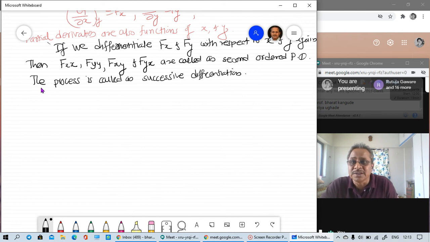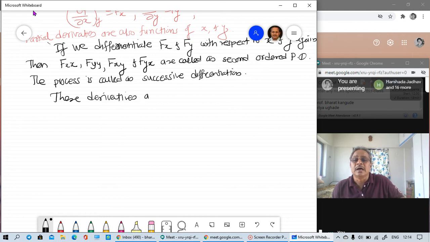So third order differentiation is possible. If this third order differentiation available is again a function of x and y independent variables, that again can be differentiated with x and y, and we can go ahead, and this type of differentiation is called successive differentiation. Okay, so we can write the derivatives as follows. These derivatives, there are a large number of them, are denoted as follows. Now how to denote them?